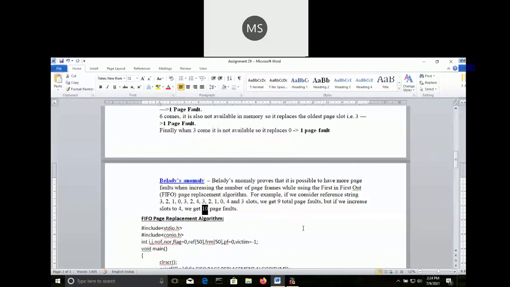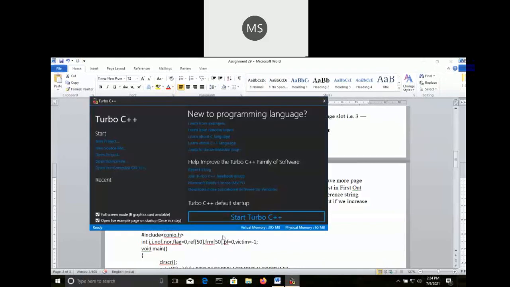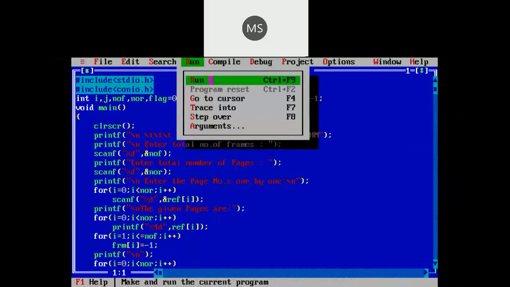Okay, so let us verify. Again we'll run the same program. The number of page frames initially we'll have is 3.